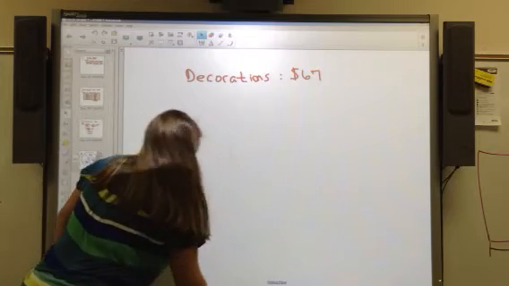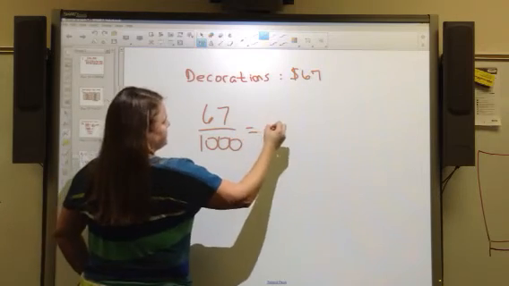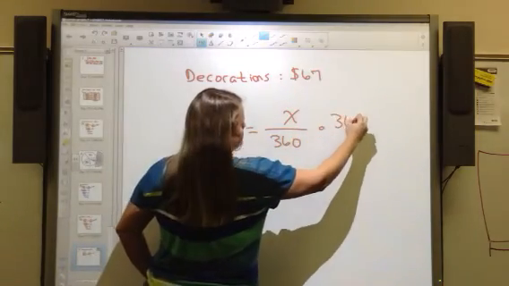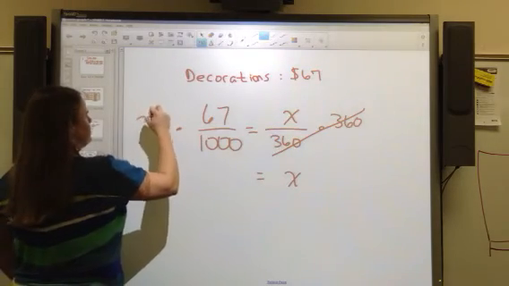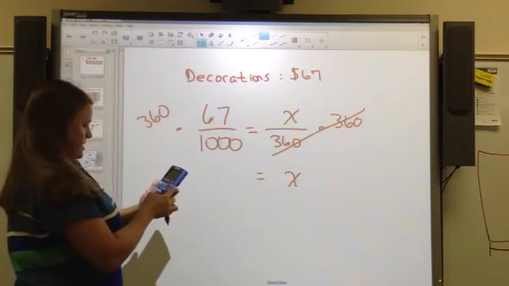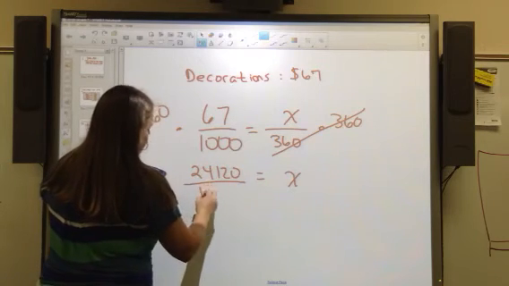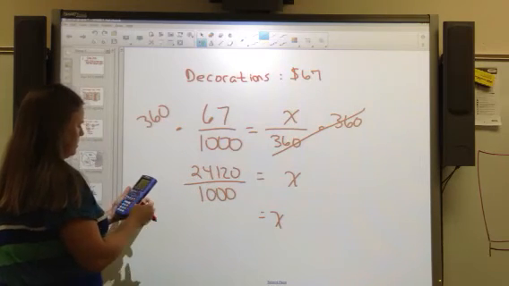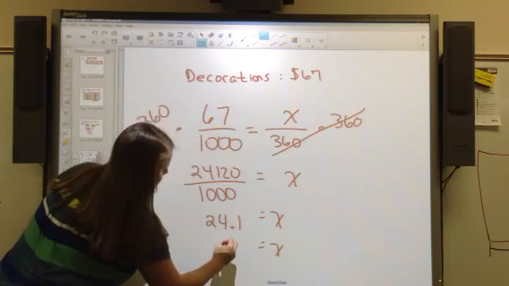Next one, decorations. $67 over 1,000, not a lot of money, right? Over 360. Multiplied by 360, cancels it out, leaves me with an x over here. Do the same thing to the other side. So I get 360 times 67, and that's 24,120 divided by 1,000. And that equals 24.1, and that's going to round down to 24